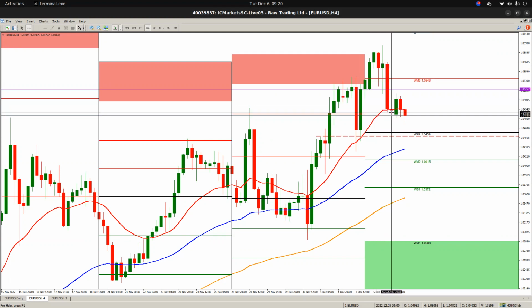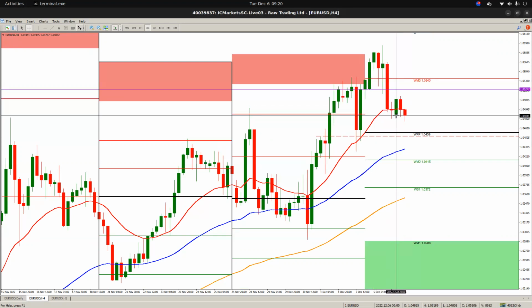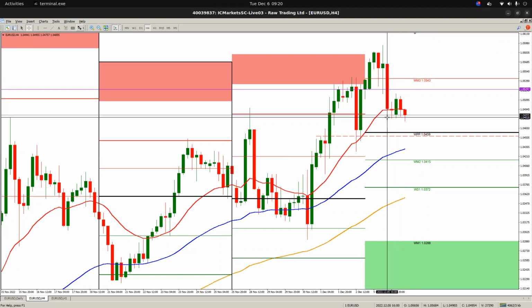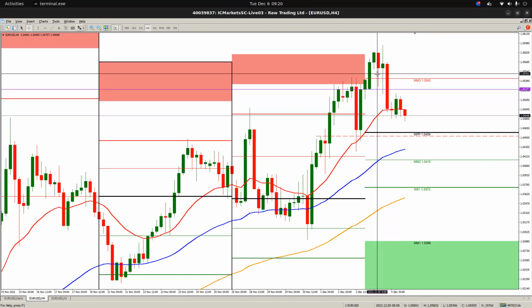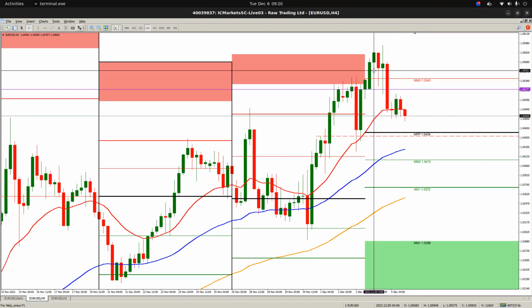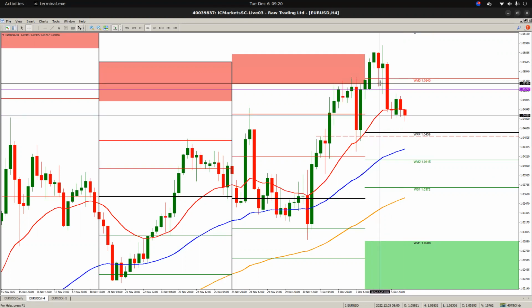After the 8 p.m. candle, there's Asia. And after the 12 a.m. candle, there's no market open, so I'll leave that alone. So the 4 p.m. candle and the 12 a.m. candle, I ignore those two candles. I only pay attention to the rest. So you can see here yesterday, London didn't close at support, but didn't close at a bearish roll reversal. Then 8 o'clock didn't close at support.